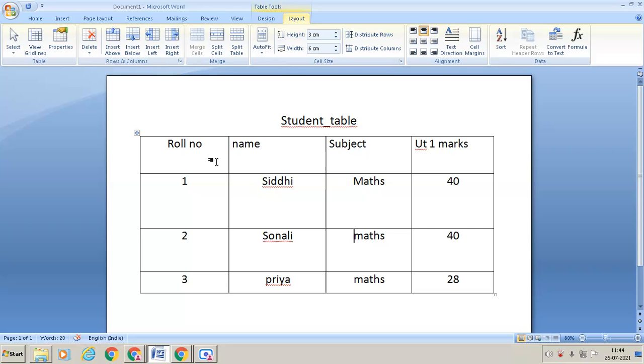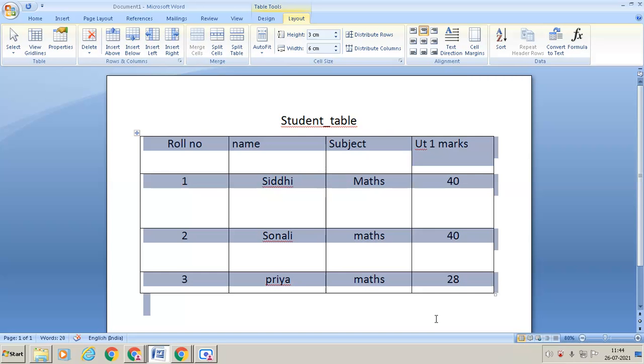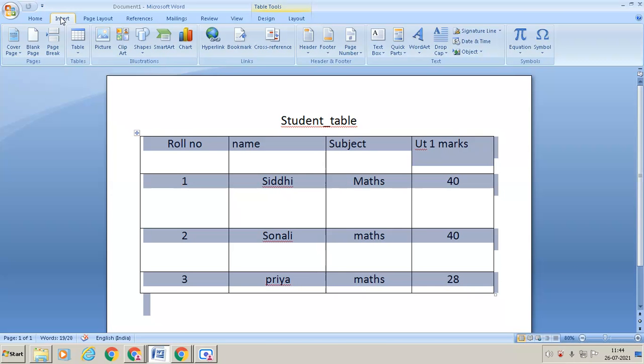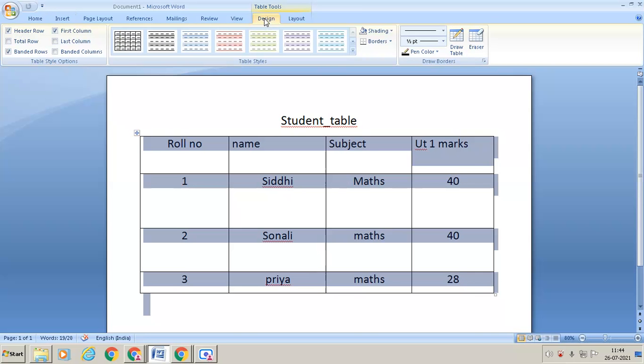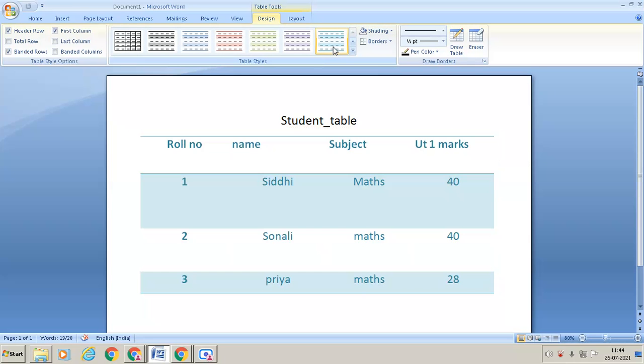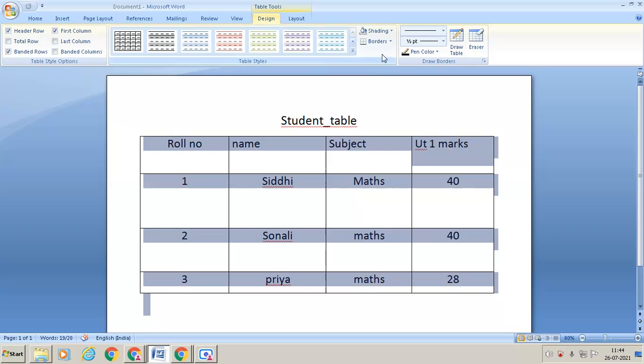So if you want to insert the border for this table, just select your table, and after selecting the table, there are so many border options. You can apply the different borders for that. For that, just click on your Design option, that is the Design menu bar. From the Design menu bar, as you can see here, the Border option is present, the Shading option is present, and these are your different table styles which you can change here. Okay, so before shading, I want to give the borders for your table.